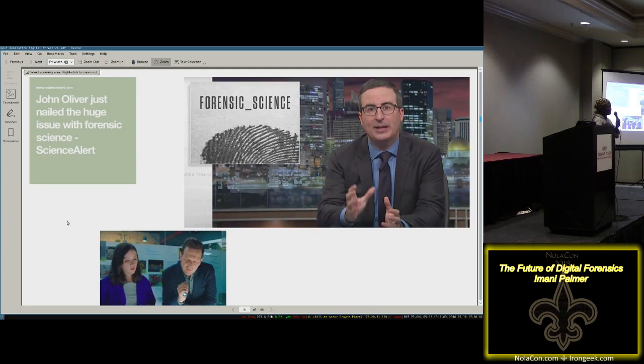I was like, I don't really need to study that much to know that we're probably not doing that 100% correctly. And he was right. He just hit the nail on the head. We need to do better, especially when we are prosecuting people. In security, we don't really need to be as concerned, but when we're sending people to jail, we need to be a little bit more concerned.